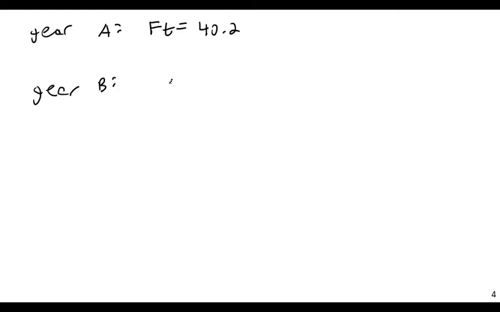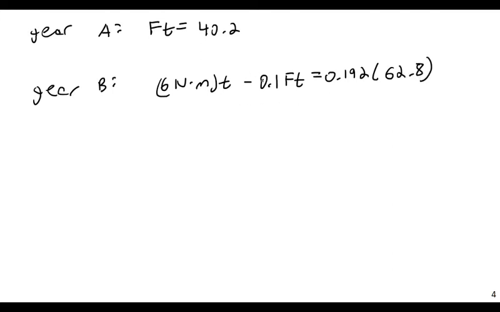and the equation for gear B collapses to an equation that says 6 Newton meter T minus Ft minus 0.1 Ft is equal to 0.192 times 62.8. My only unknowns are T and F, and if I solve these equations, very basic algebra,